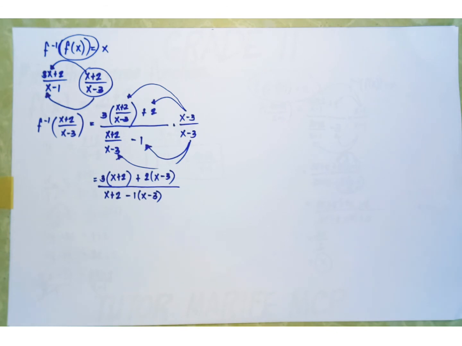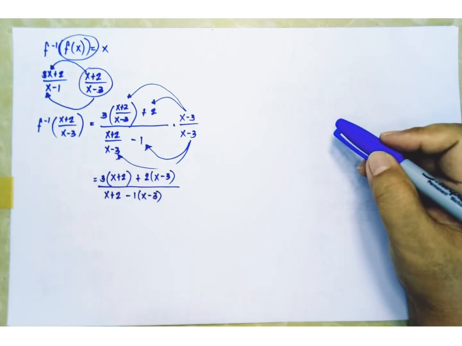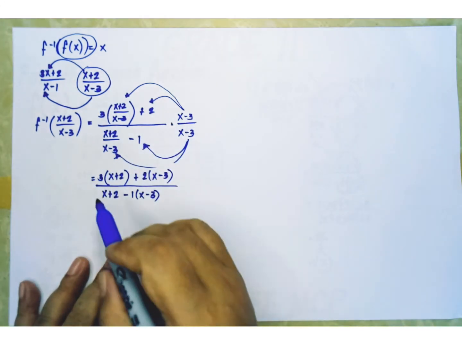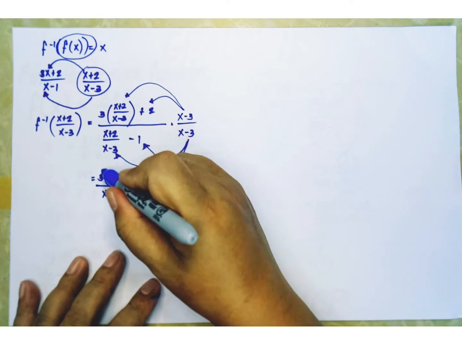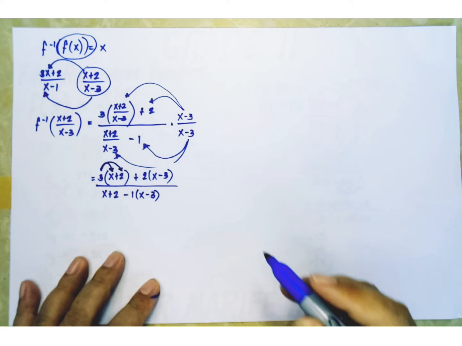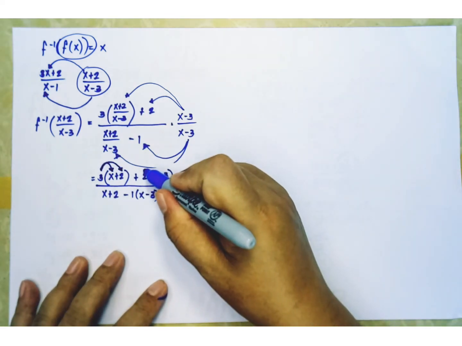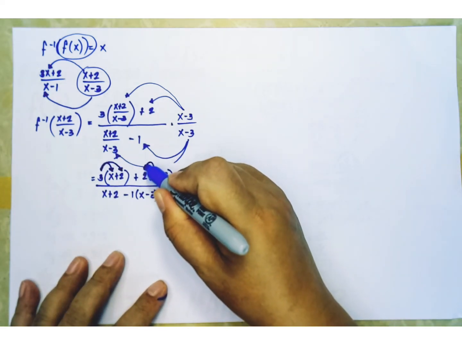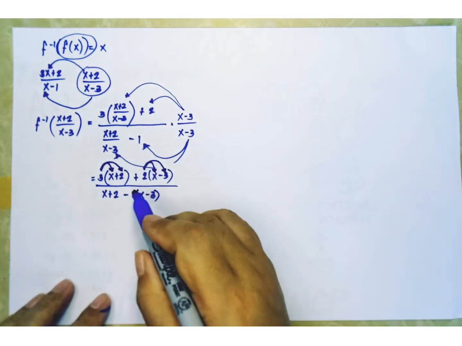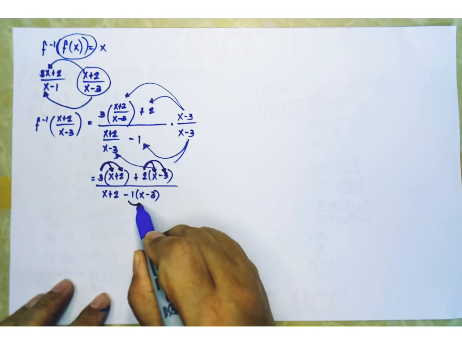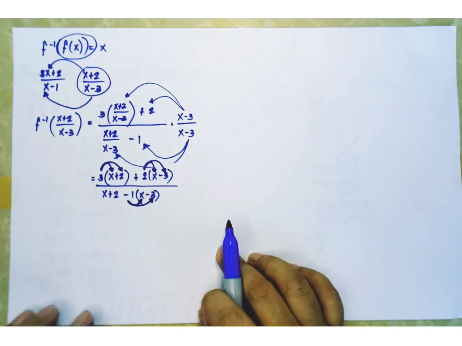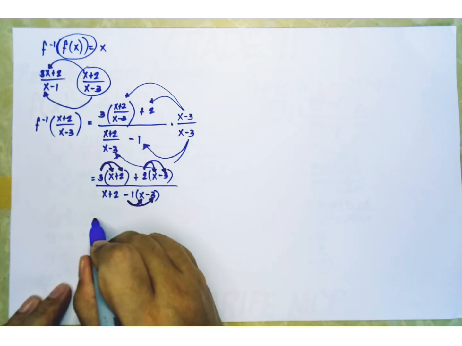Okay. Next, clear the parentheses. Again, use the distributive property of multiplication. So the factor 3 will be distributed to each of the terms inside this parenthesis. The factor 2 will be distributed to each of the terms inside. And the negative 1 will also be distributed to each of the terms inside this parenthesis. Okay, so we have